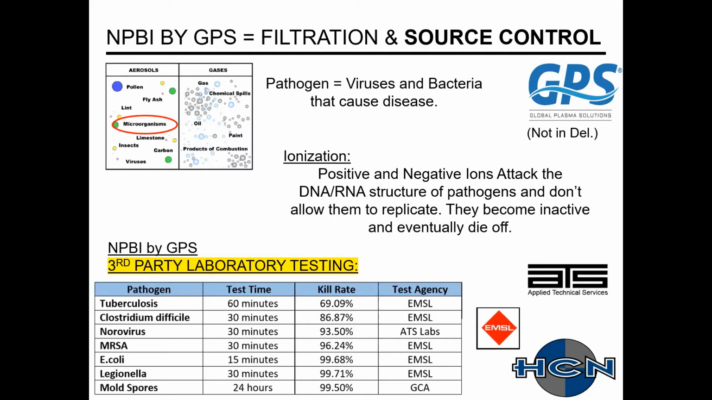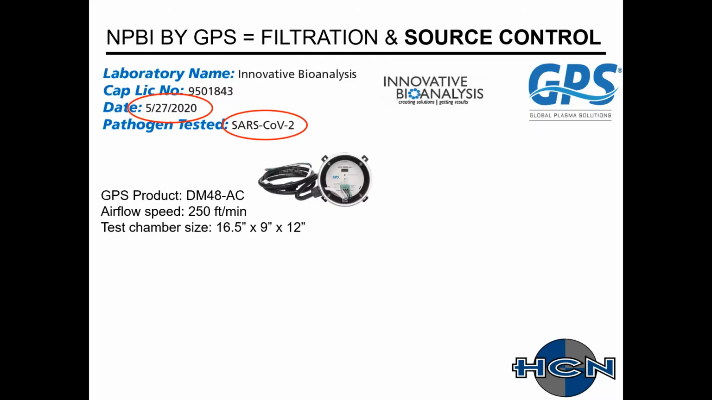And they have a chart here just showing the test time and then also the kill rate. The kill rate is also called the inactivation rate, right? So what everybody's interested in is obviously the SARS-CoV-2 virus. So back in May, GPS, along with another company, sponsored a testing where they took their duct-mounted product, they installed it